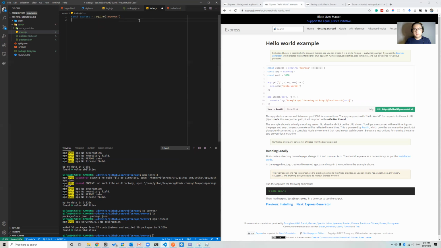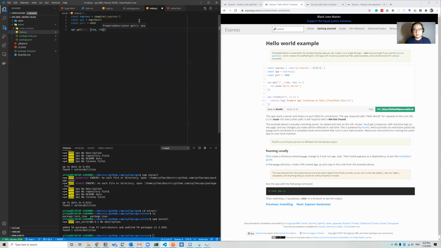And let's run const app equals express. So we're going to use express to create an application. Then we're going to use a port, const port. Let's name it as we're using 8000. Let's keep using 8000. Then let's use app.get. I'll talk about this app.get later. And on this particular path, we're going to perform this action,